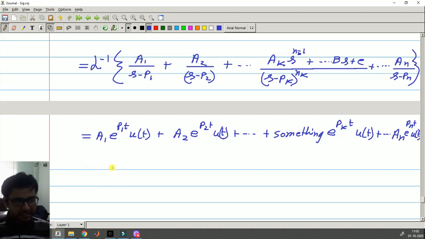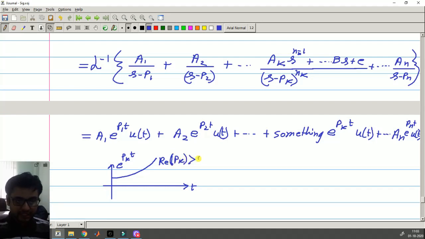Now consider any signal e to the power p_k t. If p_k is a real positive number, then that signal will be increasing exponentially with time. This is for the real part of p_k being greater than 0. If it also has an imaginary part, then we cannot draw it in this 2D